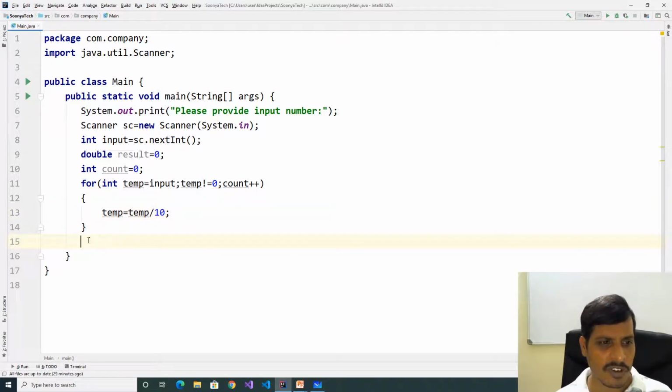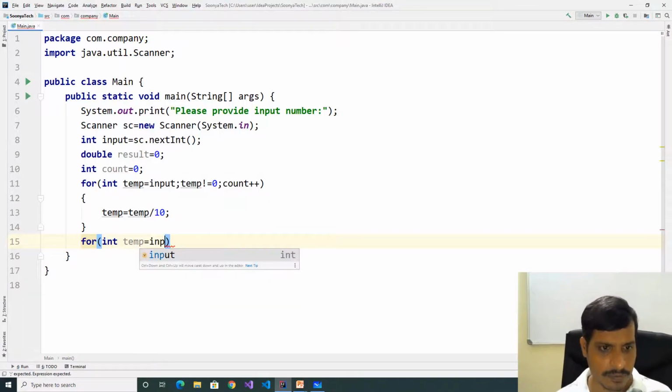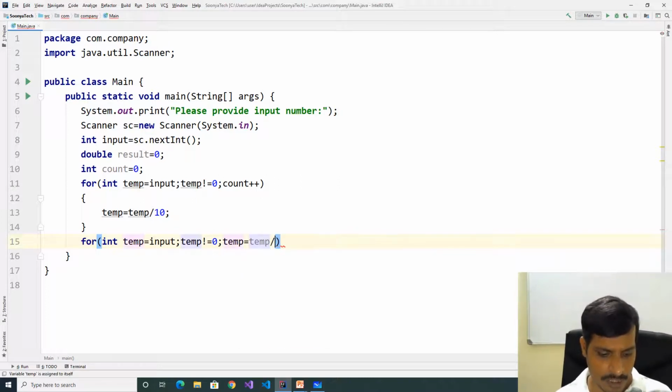We will declare one more for loop to find whether the given number is Armstrong number or not. For int temp equal to input, temp not equal to 0, temp equal to temp divided by 10.